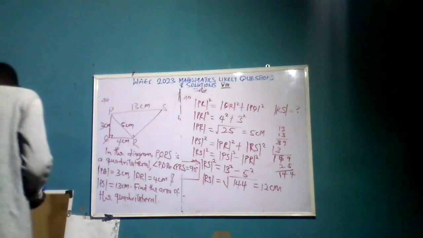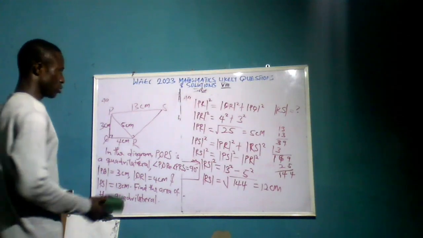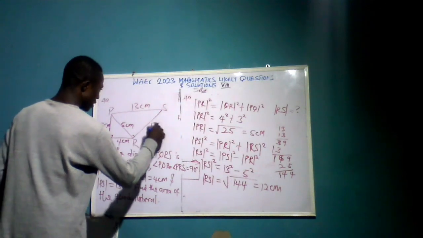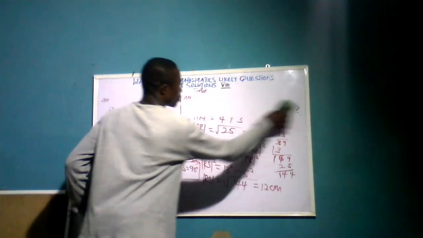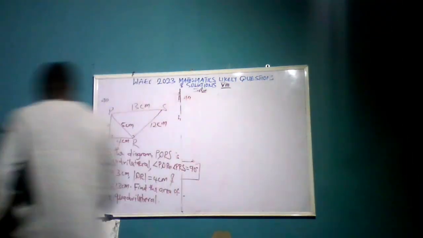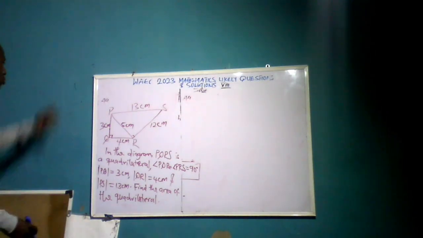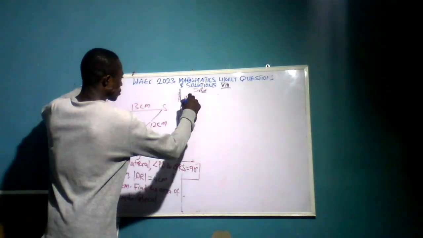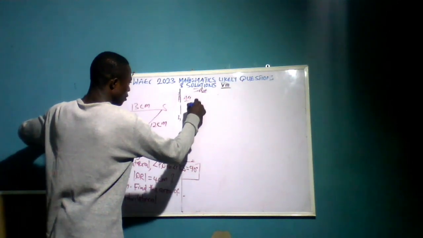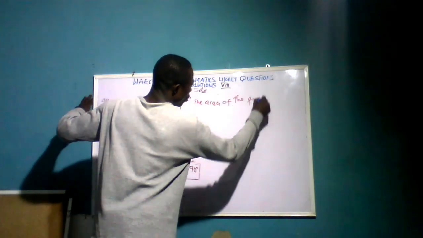Okay? And from here, since you have realized this, we know that this side is 12 centimeters. The next thing to do is to take the areas of the two triangles in the quadrilateral. Okay? And if you do that, the area of the quadrilateral